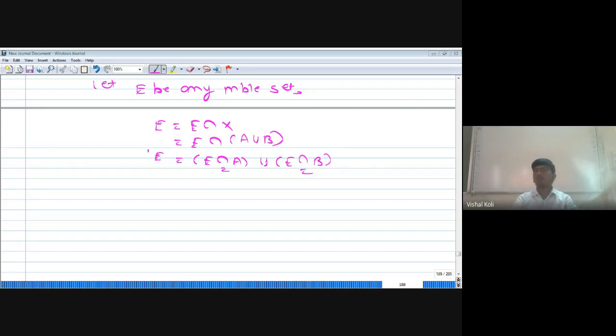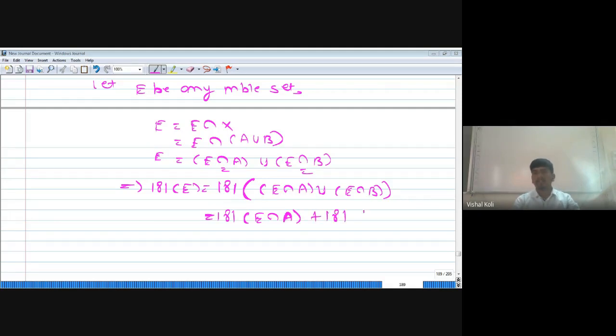total variation of gamma on both sides, then we get modulus of gamma of E is nothing but total variation of gamma of E intersection A union E intersection B. But as these two sets are disjoint, this one is nothing but modulus of gamma, or total variation of gamma, of E intersection A plus total variation of gamma of E intersection B. So this will be the total variation of E. Okay. Now,